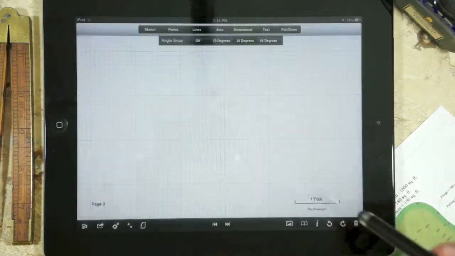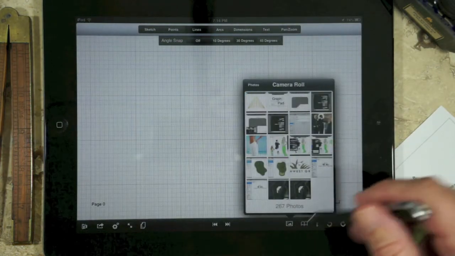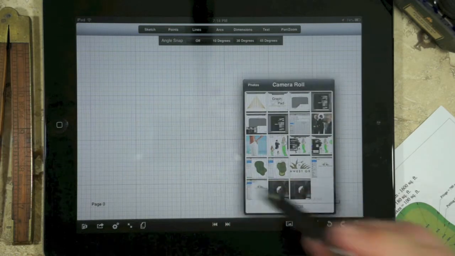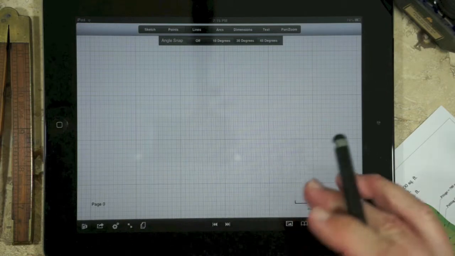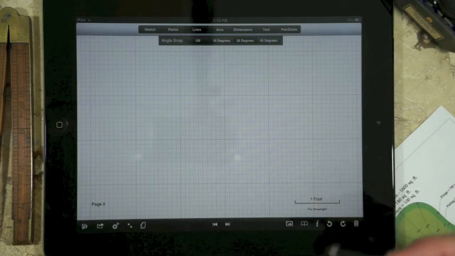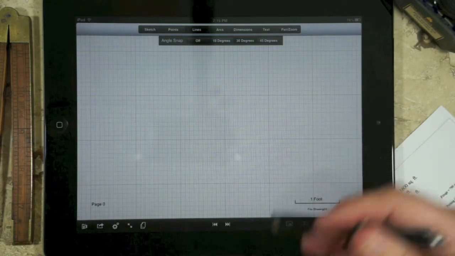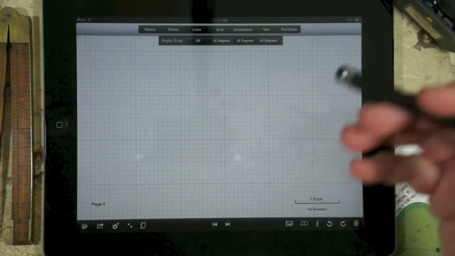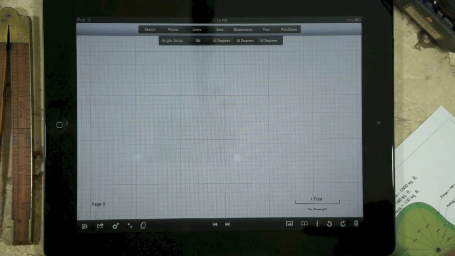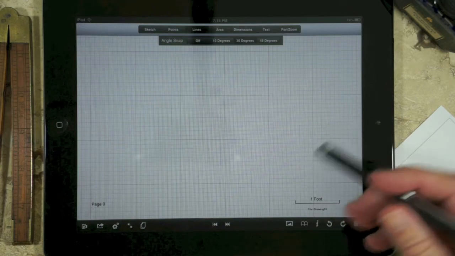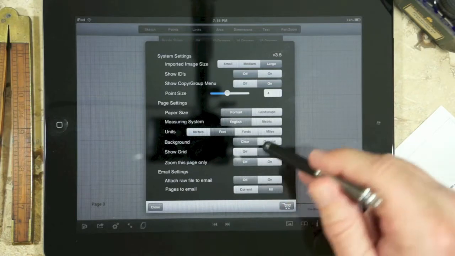So if we go back into GraphPad, we now can see that that image is available, and I've actually done that a couple of times now. When we have a very large image, we want to keep the performance very good when we're drawing. GraphPad handles this by having multiple pages and then creating a clear page on top of it. It's very much like vellum. You just lay a sheet of vellum on top of a drawing or an image. So in order to create that clear drawing, we've created a clear page,